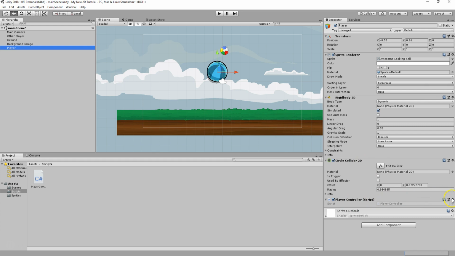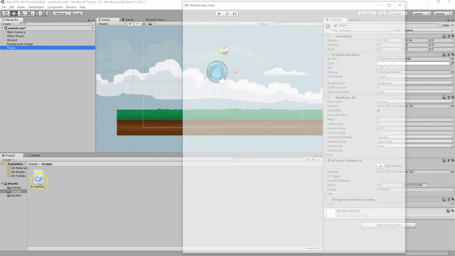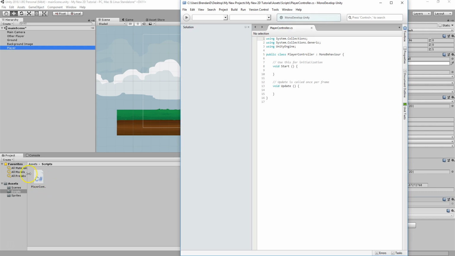Now this script is totally empty, so I'm going to go down here and click Edit Script, or I can double click on it over here. Because this is attached, any changes I make will be referenced when I click the play mode. So in here, you can get rid of these collections. I just leave them in there. A lot of that is dealing with arrays and things like that, but I'll just leave it in there for now. A lot of the Unity engine commands come from this, so we'll pretty much always leave this in here